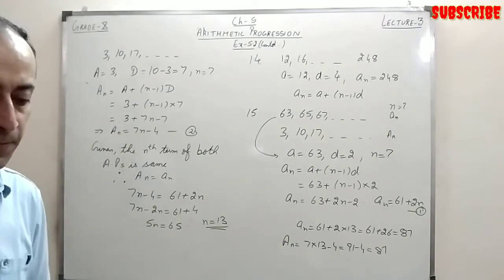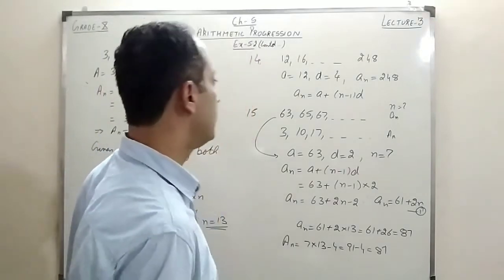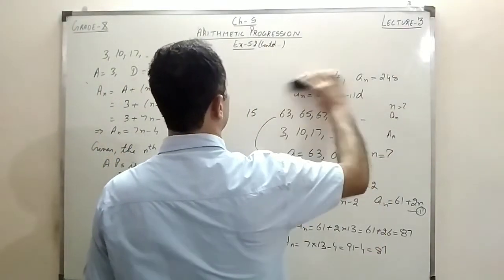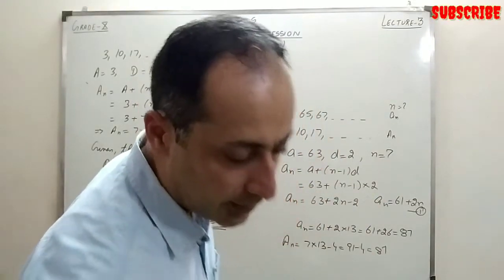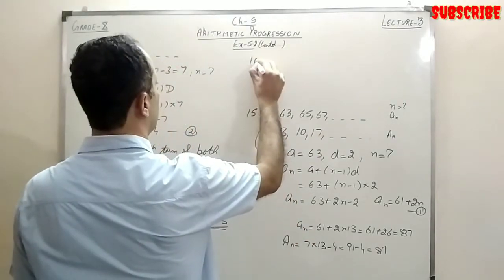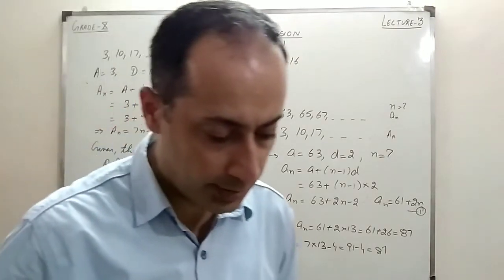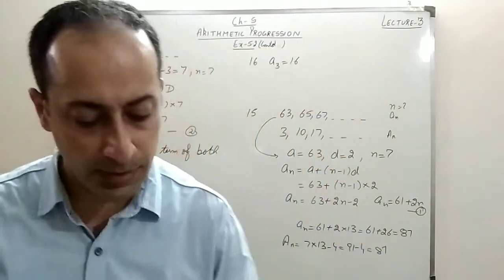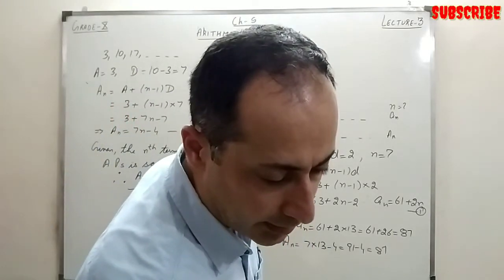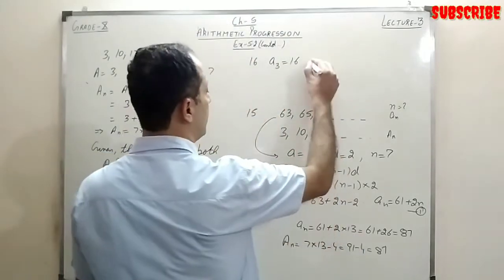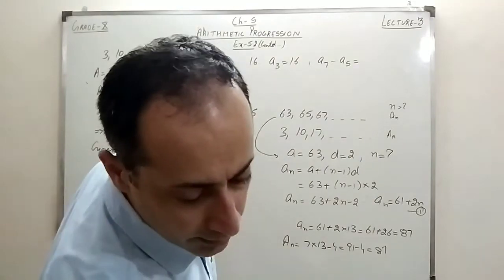Right? So now let's take the next question, the 16th question, quite simple. I'll just explain what is given in the 16th question, and then you can proceed yourself. It's given the third term is 16. As given, the seventh term exceeds the fifth term by 12. I think there was a similar question earlier also. So it's given A7 minus A5 equals 12.